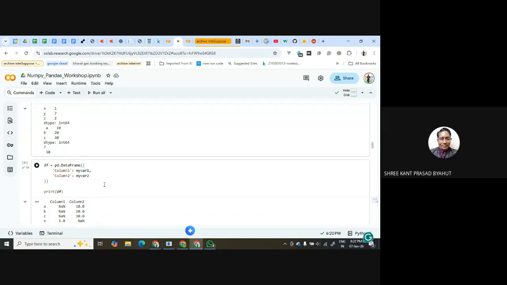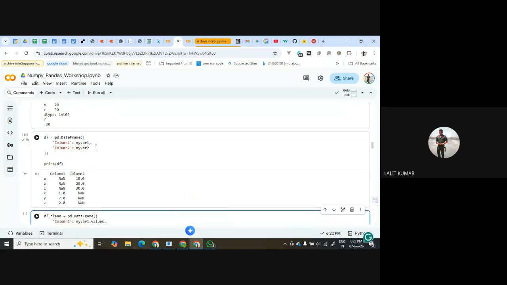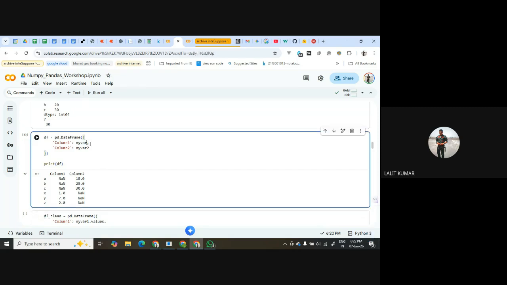Now if you interchange, and put column 1 as var2 and column 2 as var1, then ABC 10, 20, 30 will come on top again. For the rest, NaN will come, and 172 will come.